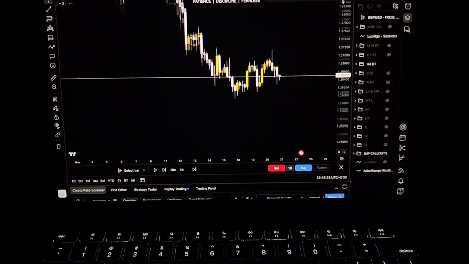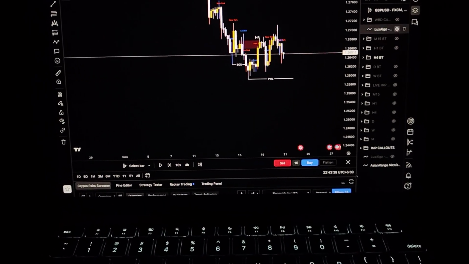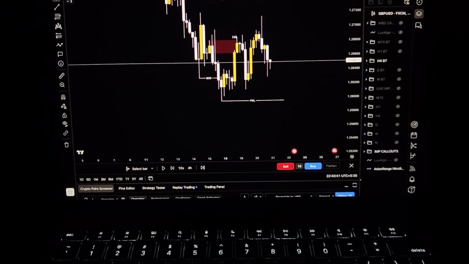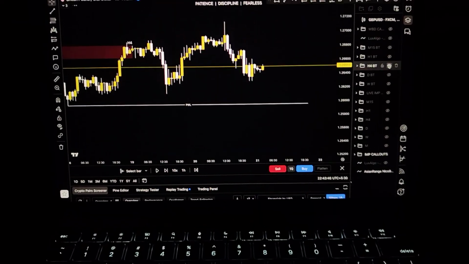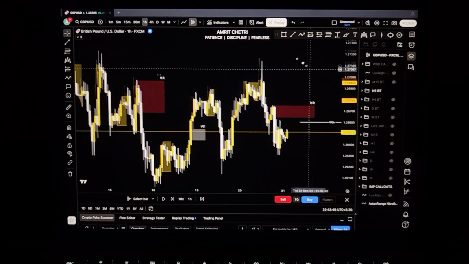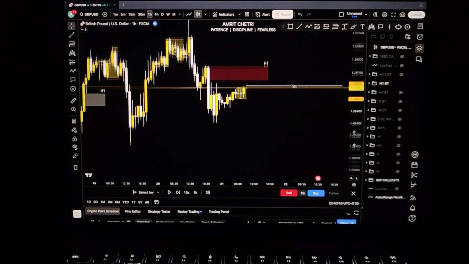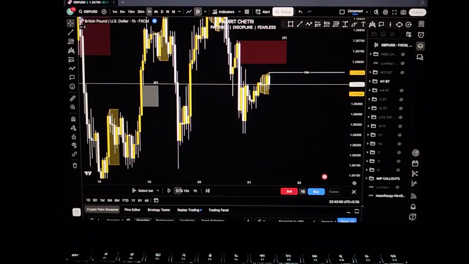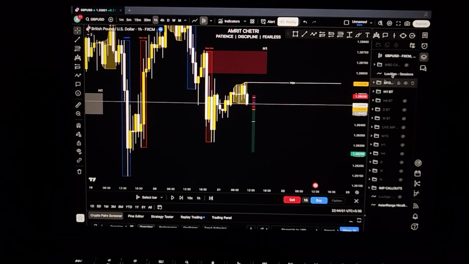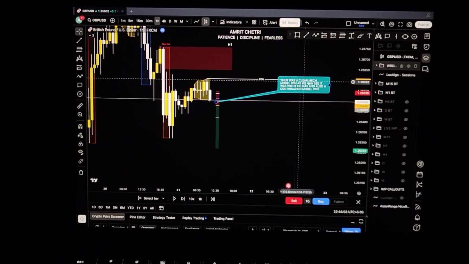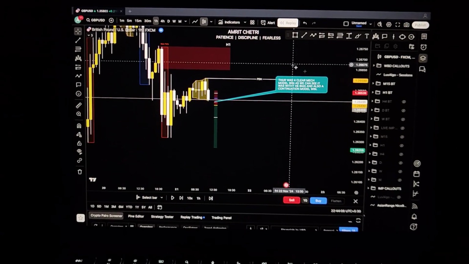So I'm looking for some sort of change of character or break of structure to the downside on the H4, which there was none, I believe. The price was ranging between this low and this high, making a bullish solidified range right there. On the H1 time frame, clearly we can see there was a supply zone right around there. After the Asian range closed, it was a continuation model, I believe. Thursday was a clear MAC model with a win, as we can see. It was with the bias and also a continuation model.